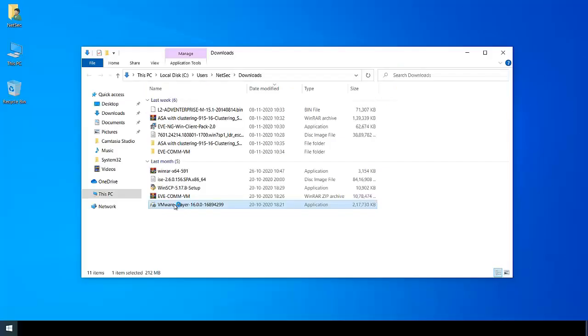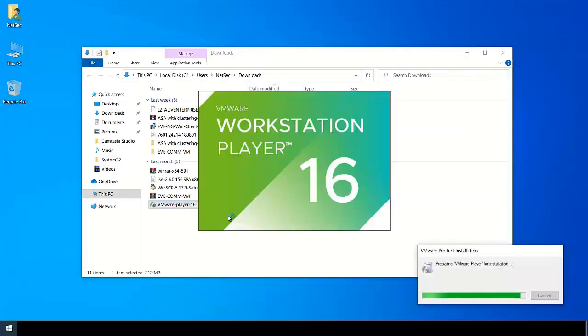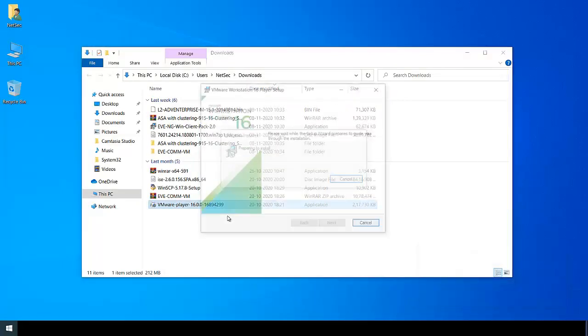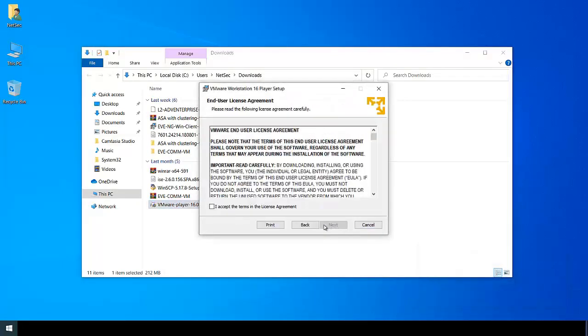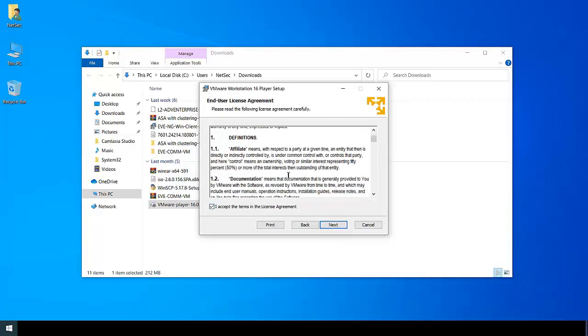Let's start with the installation. We will be first installing the VMware. So you just need to click next button and it will be installed.